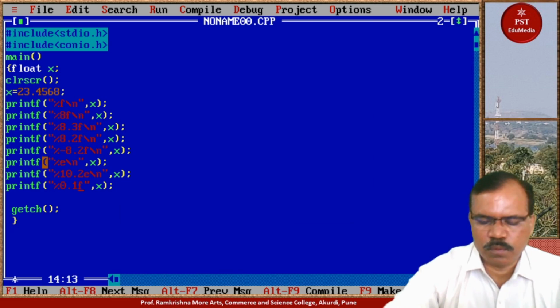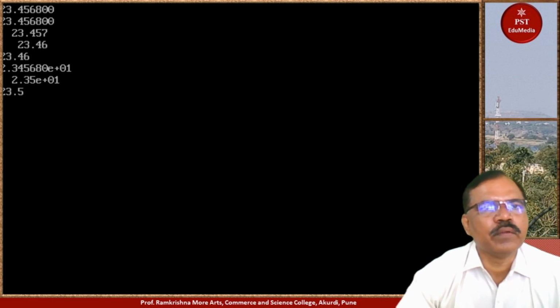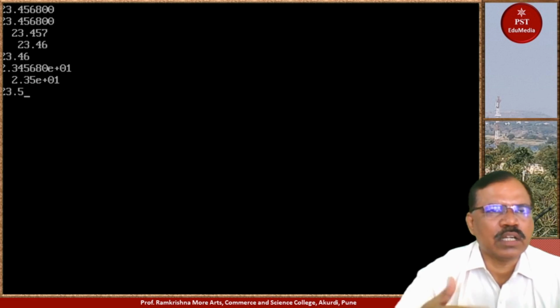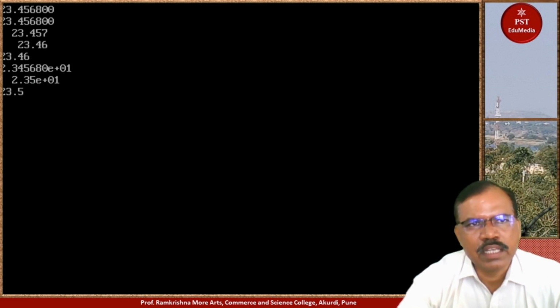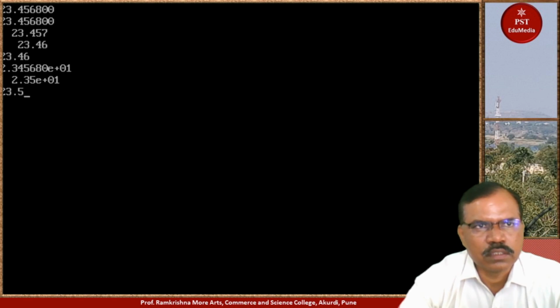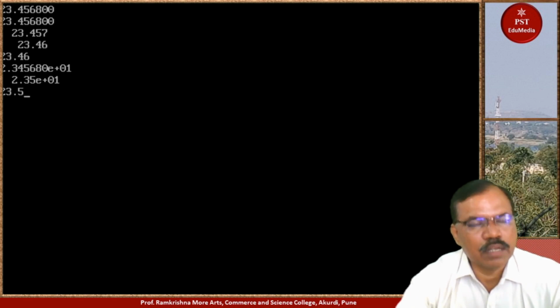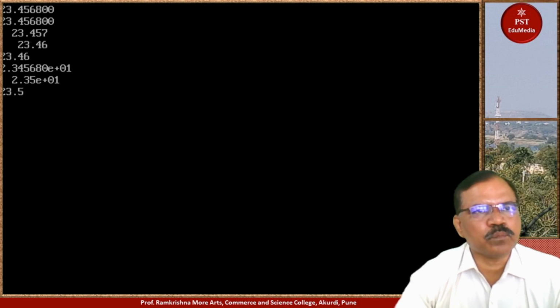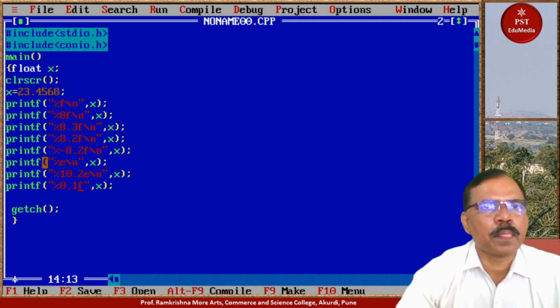So 23.5. It is rounded up. In this way you can format your real number output also. Now we'll go to formatted input. Now if we see here, suppose we take here